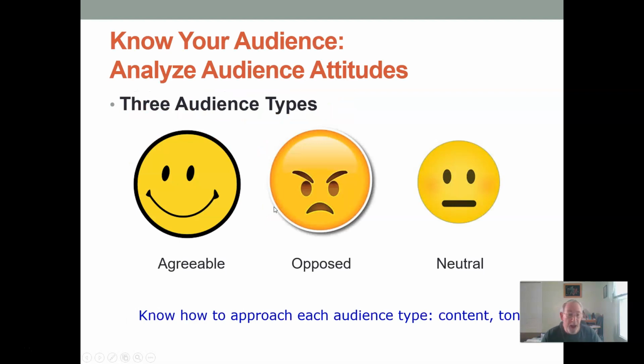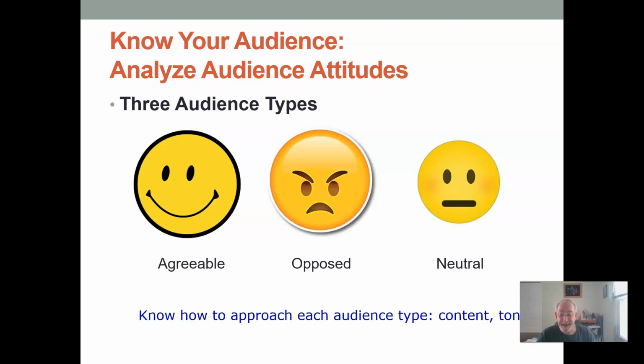First, it's all about audience. With the positive, neutral, direct message, this was easy. We don't have to worry about audience attitudes or reactions. With the negative message, it's a bit more challenging because we need to know how the audience will react to the bad news.